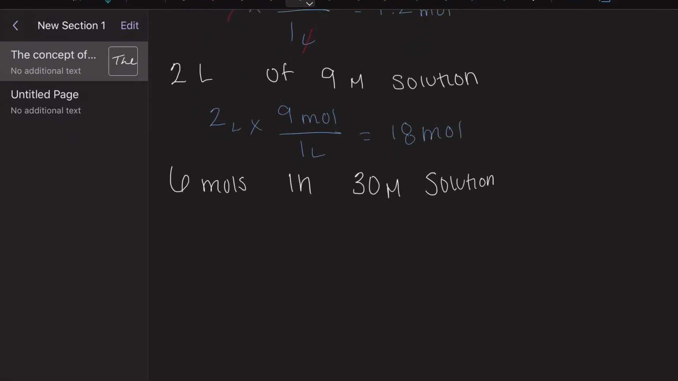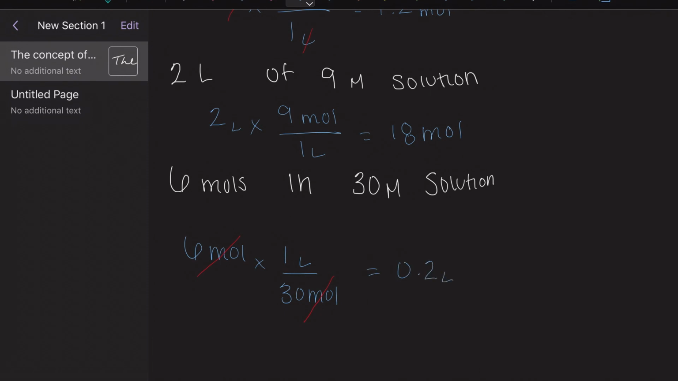For this last one, we are looking for liters instead of moles. We know that we start with 6 moles, and here we want to cancel out moles, so we would do 1 liter per 30 moles. And that way, we're canceling out our moles. And we're getting our answer, which is 0.2